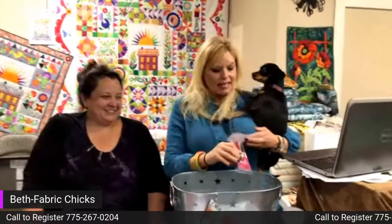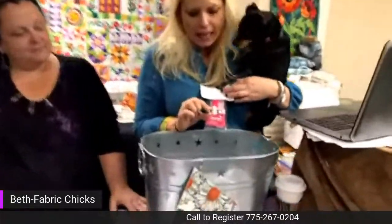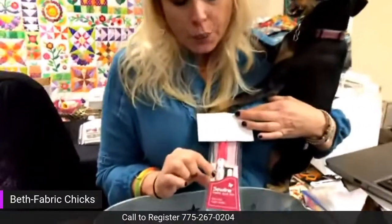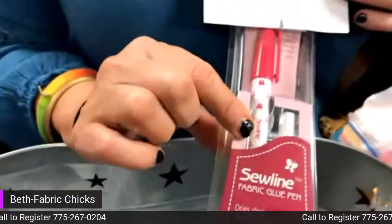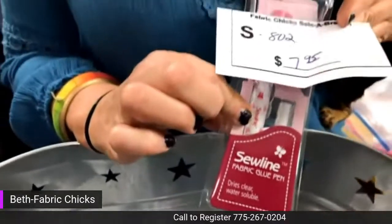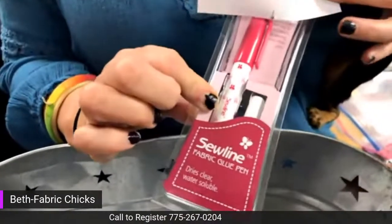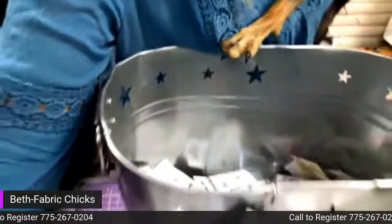802 is $7.95, and it is a fabric glue pin, Sew Line, dries clear, water soluble, and you can put the refills into it. It comes with one refill. So S802 is $7.95 for the Sew Line fabric glue pin. So you saw Virginia demo with that this morning. And then,